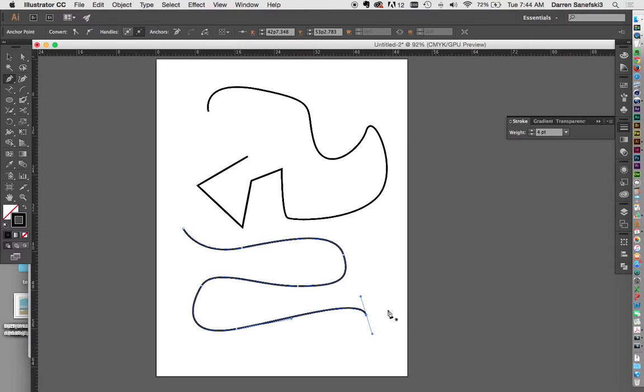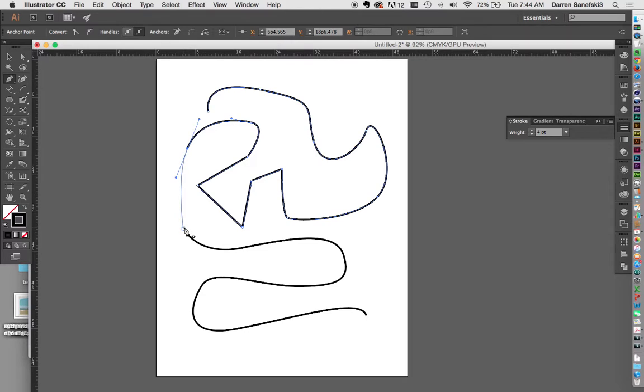Hit the escape key. Now we could add lines together. Now notice that when I put my mouse over an anchor point right there, I get that slash. That means it's going to re-hook up to this line. So if I click right there, now you can see that whole line is selected. You see all the anchor points illuminating right there, and then we can come around,